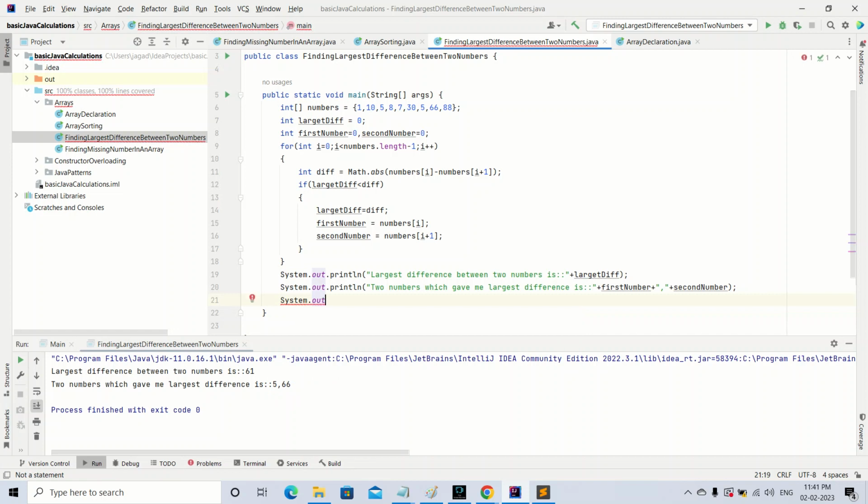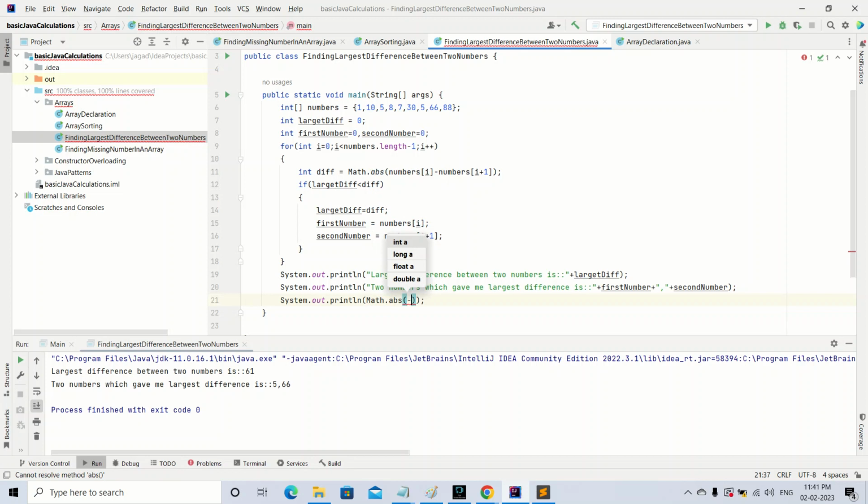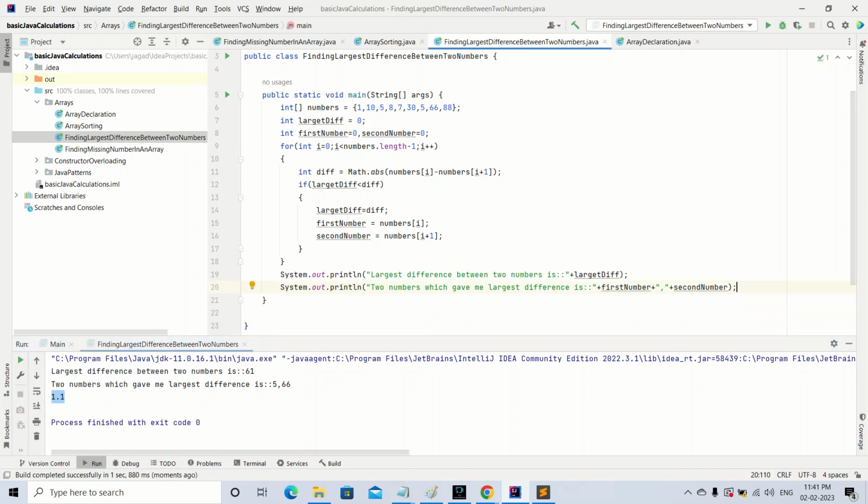Because I used Math.abs, I'm printing one extra variable, Math.abs of float minus 1.1. Let me execute this. I got the output 1.1. So Math.abs returns the absolute value, and the return type can be int, float, double, long. So for those things which have a negative number, and we want the positive number, we make use of